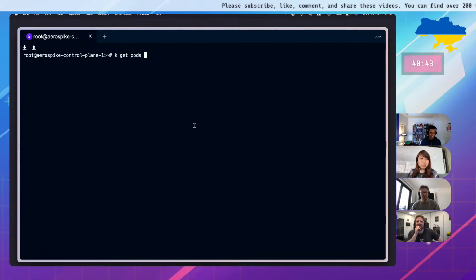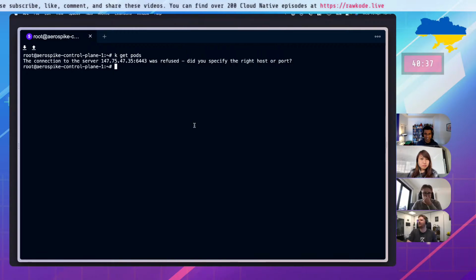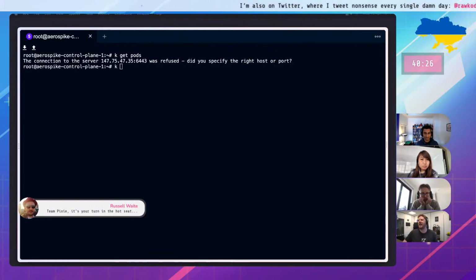Okay, so I'll just do this for now. That's our pod thing. No control plane. Connection was refused. Okay, so no control plane. We kind of need one of those, right? Yeah.